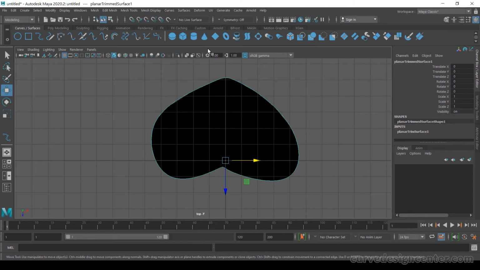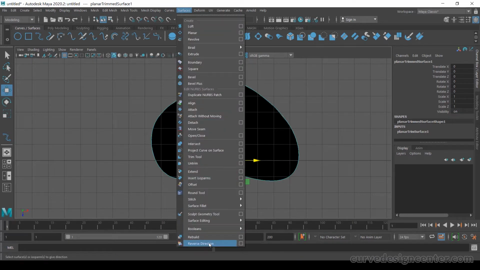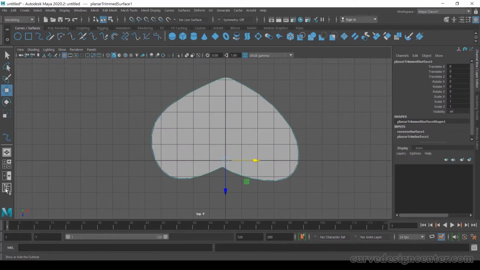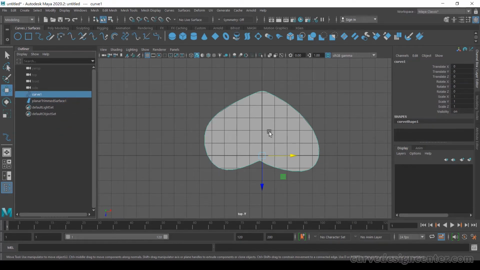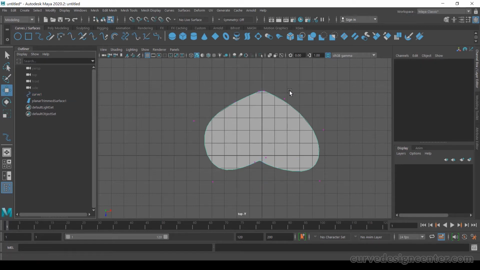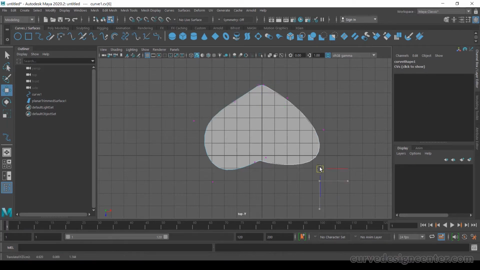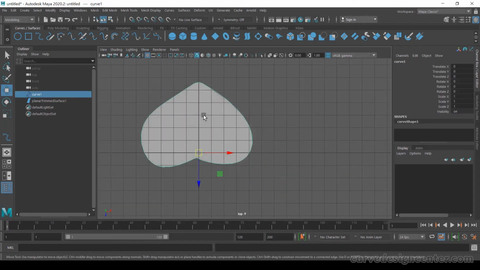If the surface color is black, I have to reverse direction by using the reverse direction tool, and I open the outliner window. So it's a curve that we create, and if we want to edit, just go to component mode, select these vertices and make changes. So we can also change the shape after creation if changes are required. Just go to object mode. It's the first example of this tool. We create a closed curve and then apply the tool from the menu.